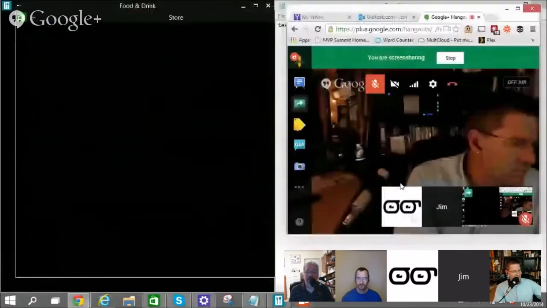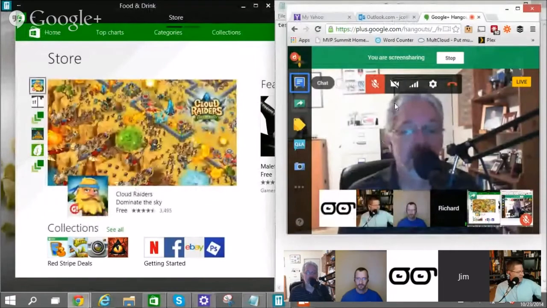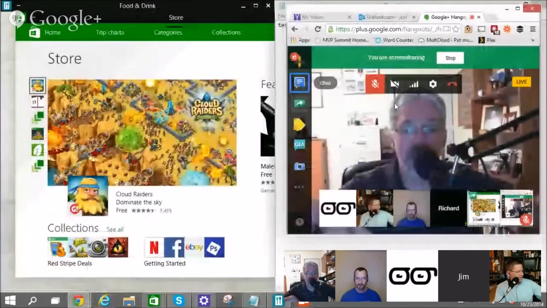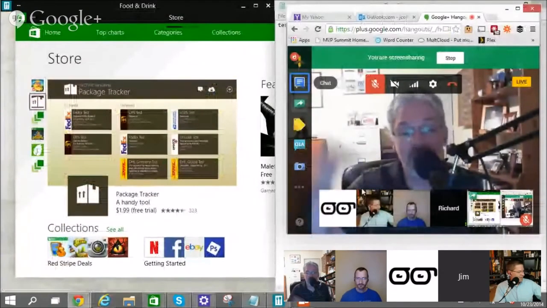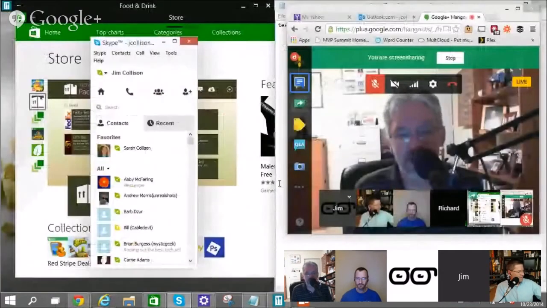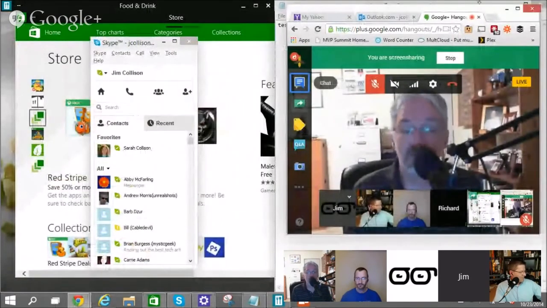All right, now you're cycling through everything that's open everywhere, and you can easily switch desktops and apps and stuff like that. And it will let you move between them no matter which desktop it's on. The Alt-Tab, the new task view, will let you switch through everything that's open on your computer. Now, granted, if you open up 5 or 6 desktops with a bunch of stuff running and you don't have a real powerful system, this is not going to be a good experience.